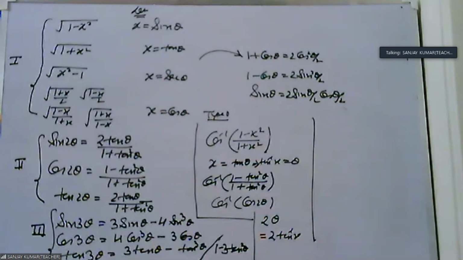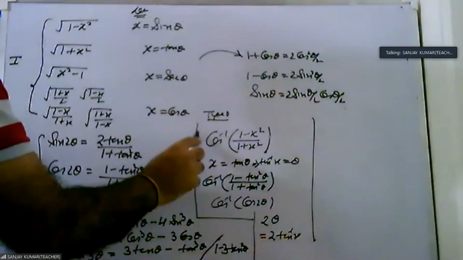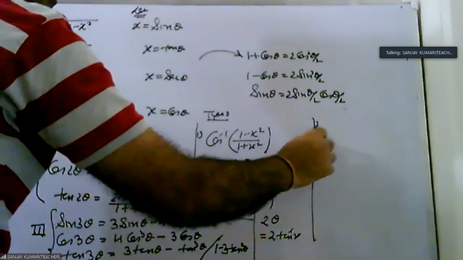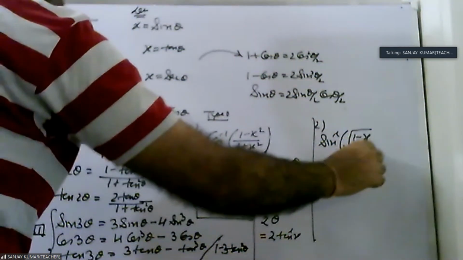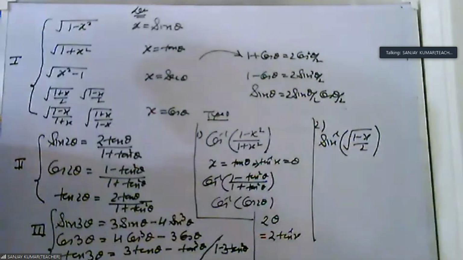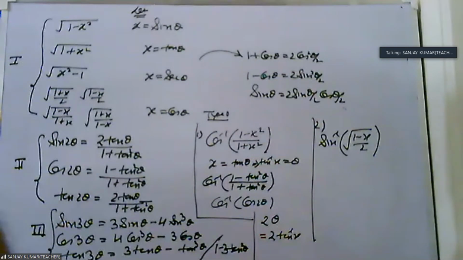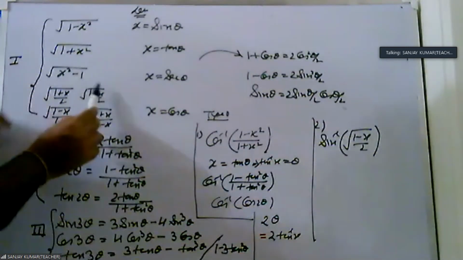Okay. Again see. Look, this is the first question. Now we're taking the second question. Second question is sin inverse under root of (1 minus x) by 2. Again the same thing. We decide whether it is matched with the first, second or third. What is it matching with? We start from where it matches. First, second, third. So it is matched with the first one. Look, this is 1 minus x by 2.